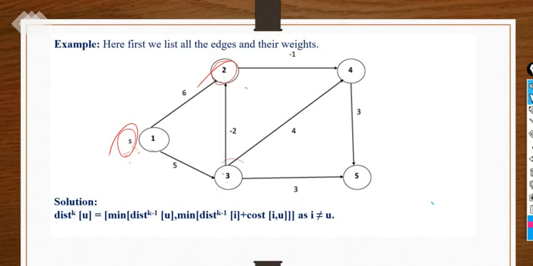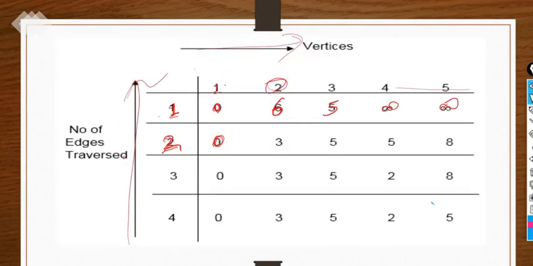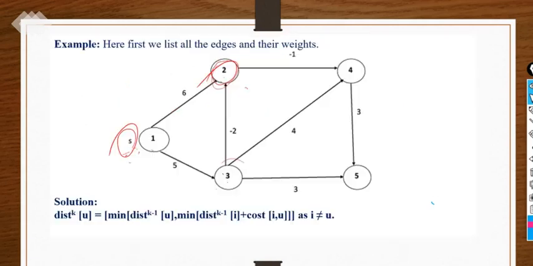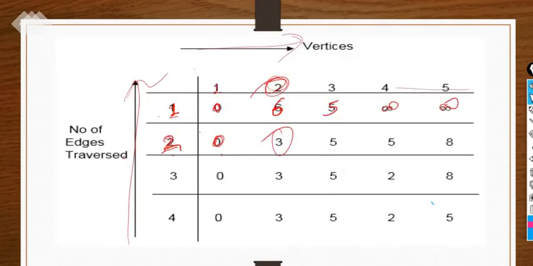What do we get if we take the second vertex? From 2 to 1, there is no path. If we are selecting the second vertex, what is the minimum value we are getting? 1 to 2 we are not approaching. 1 to 5, 5 we are tracing here, minus 2 is 3. So this is the shortest path we have to traverse here. So we write the weight of the second vertex here, 3. So we have mentioned 3, 2 to 3.